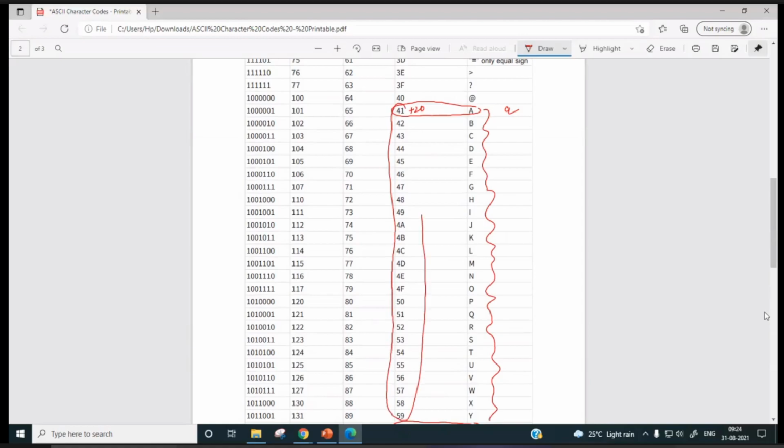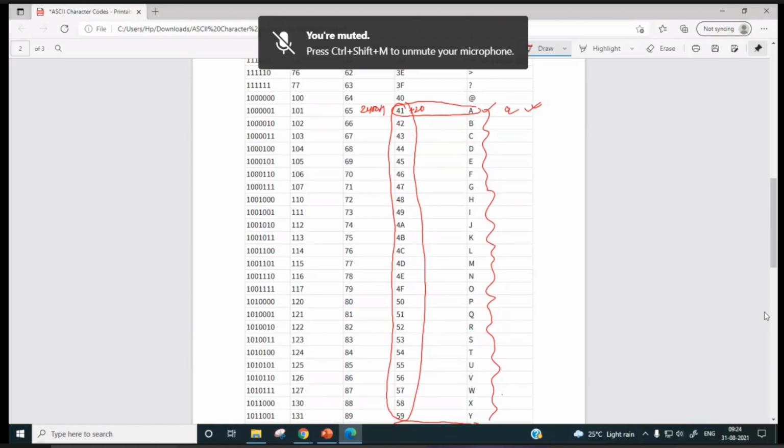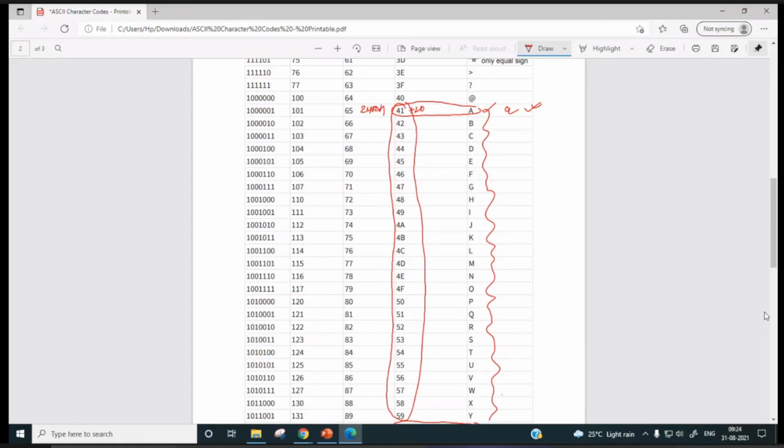ASCII code of A to Z is given, say, starting from 2400H, and these ASCII codes are of capital letters. So you have to generate the ASCII code for a small letter. Of course you will add 20 and then you can generate very easily.